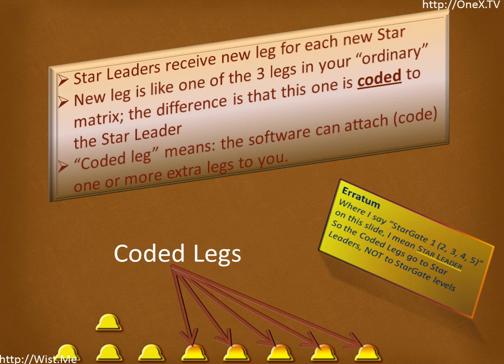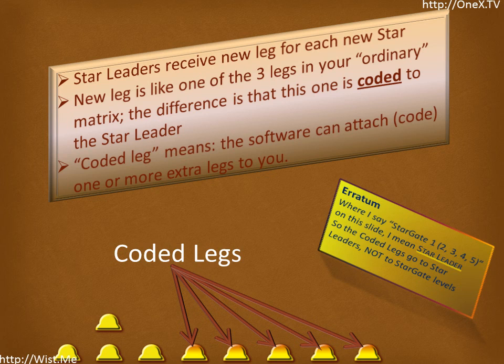Each of these 3 persons will have their own matrix under them, and each of these persons we call a leg. So you start with 3 legs. Now, if you start as a Stargate cadet, you start with 3 legs, but